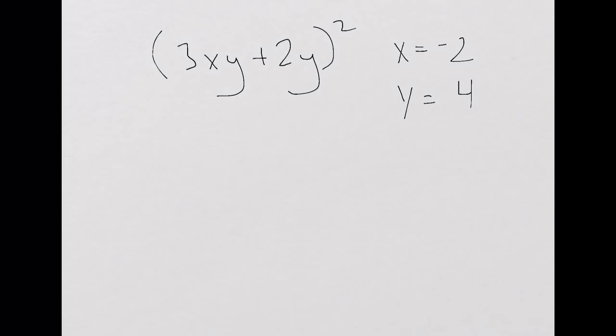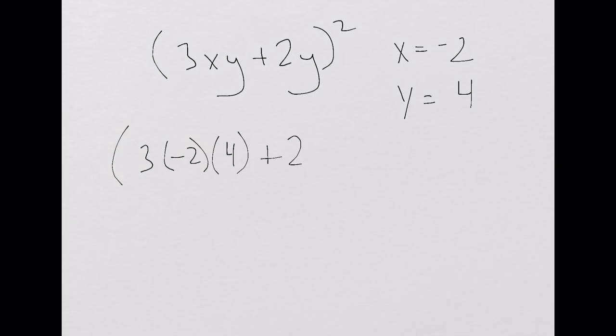Alright, so from section 8, this was one of the problems that we looked at on the other video, and we're just substituting in. So inside my parentheses I have 3 times negative 2 times 4 plus 2 times 4, and all of that squared. So following our order of operations, we have to do inside the parentheses first, and so I have a plus